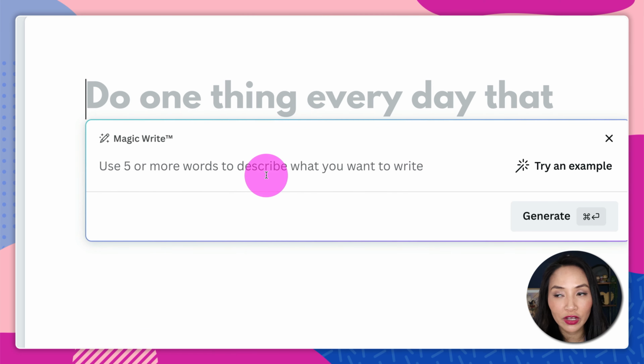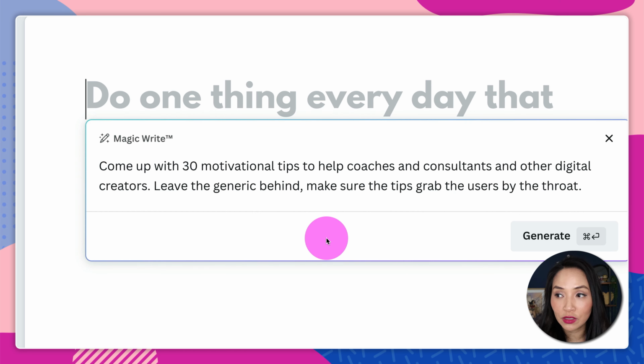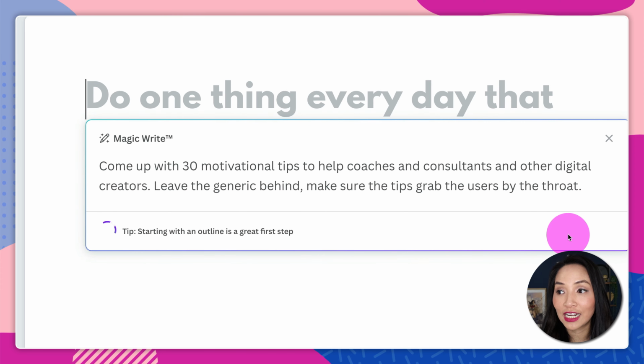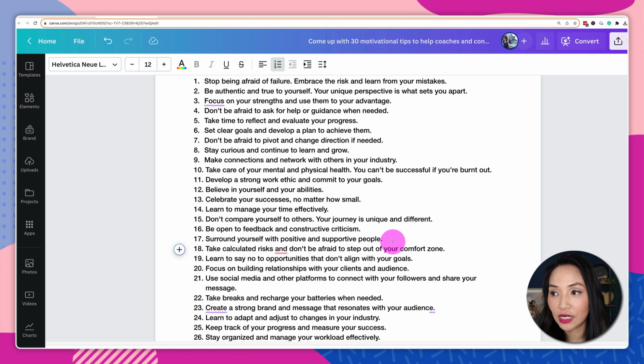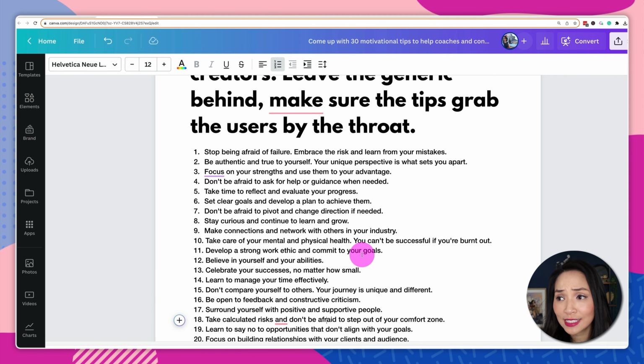And here's where we're going to tell Canva and ChatGPT that I want it to create the content for 30 social media posts. So here's a prompt that I'm using, which I find pretty good. And I'm going to then select generate and let Canva do its thing. So now I've got 30 motivational tips here as I've requested. Please make sure that you go through the text, edit it, make it your own, but you've got the foundation of text to help you get started, which is a really great starting point.